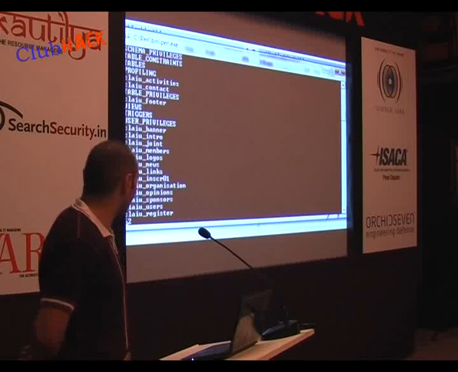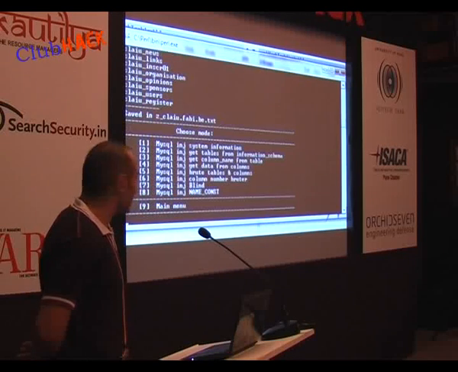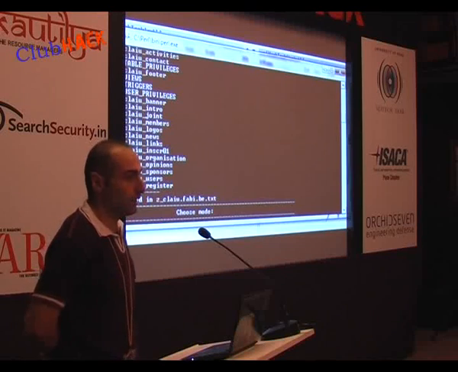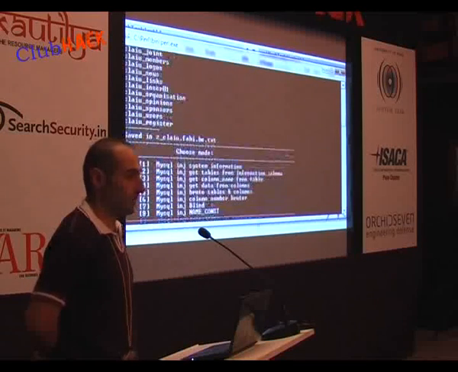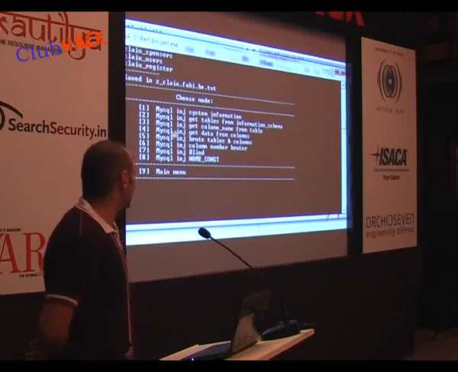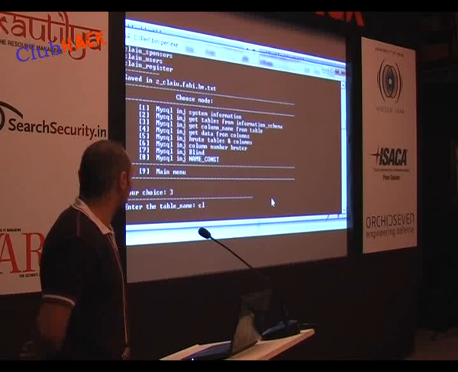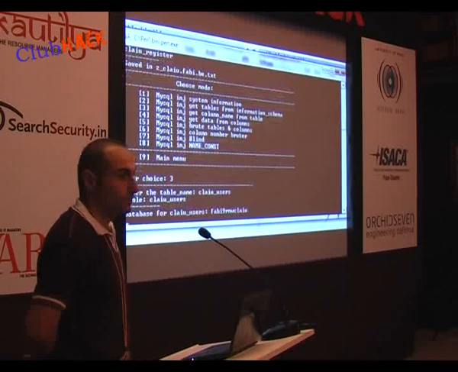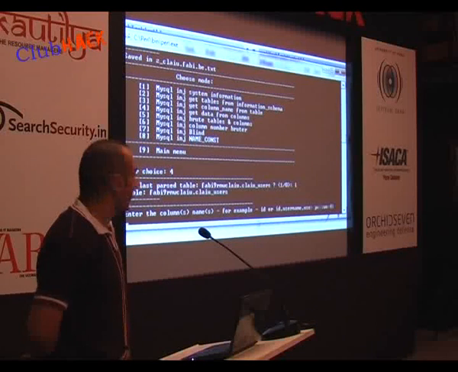These are all tables that are net-based. What's the name of the script? Toolza, T-O-O-L-Z-A. Is it basically for MySQL or are there other databases also?